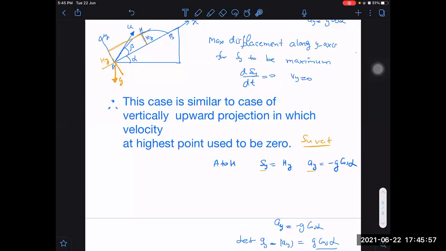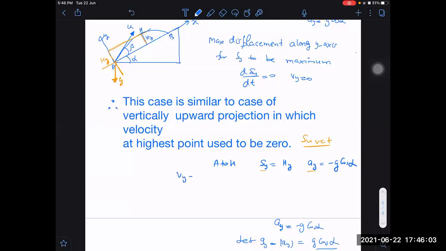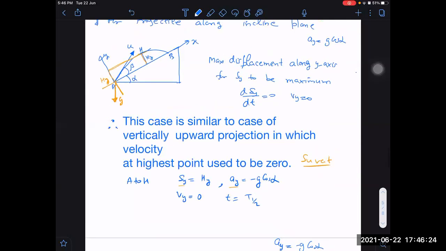Okay. So now two things are done. Third thing, what is velocity uy along Y axis at the highest point, at H point? 0. That also I have written now. I have told you that when we know three things, then we are ready to obtain the others. What is the time? I am saying it is half the time of flight up to that. Why is it half the time? Because I have already proved it, u by g.